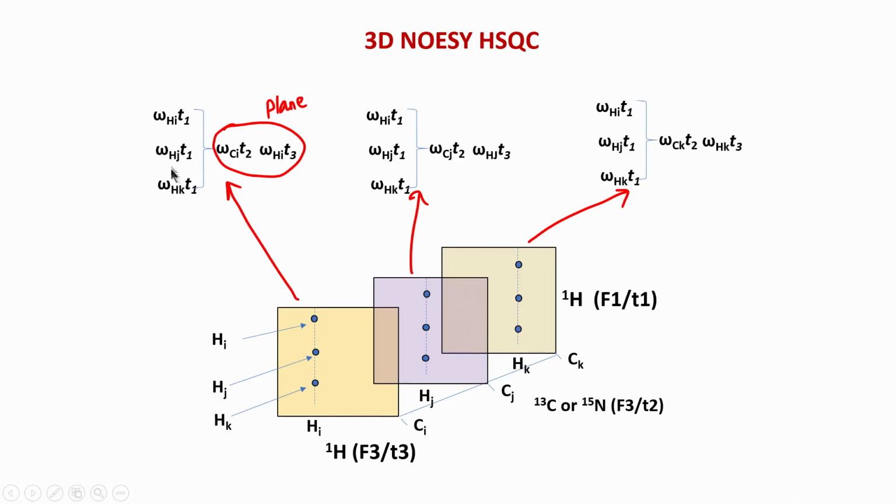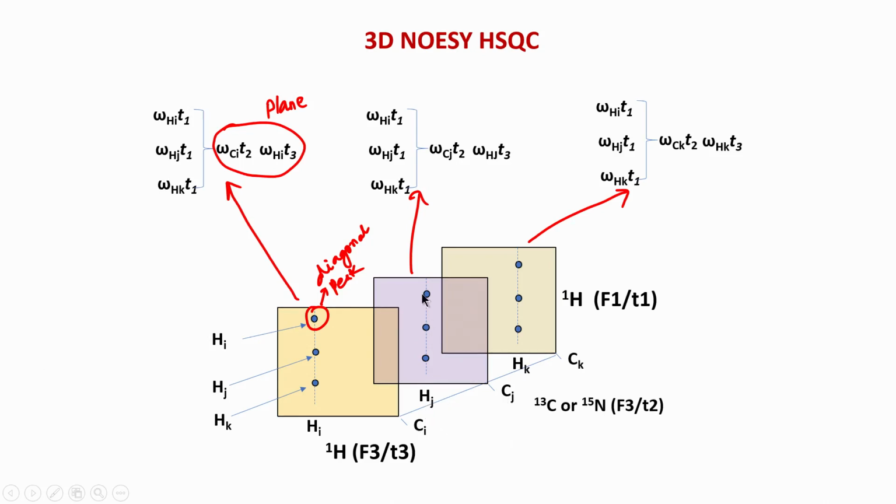Then in that plane we will get 3 chemical shifts along the F1 direction or T1 axis, because it is T1. So, all the 3 chemical shifts i, j, k are coming. You can say that here is the diagonal peak. Although it is not located diagonally, it is a diagonal peak because it is Hi and Hi in the same plane. Now, if you look at this plane here, this corresponds to this set of correlations, and this is now the Cj Hj plane.